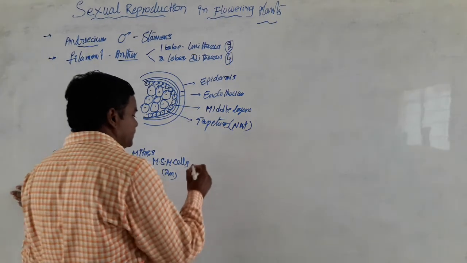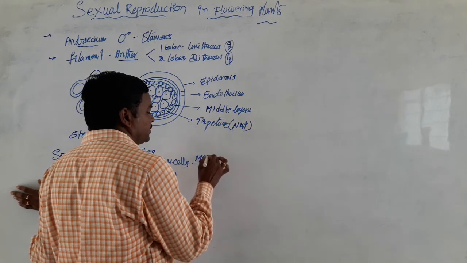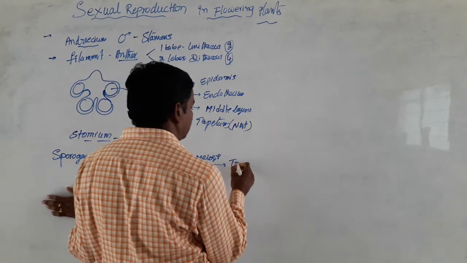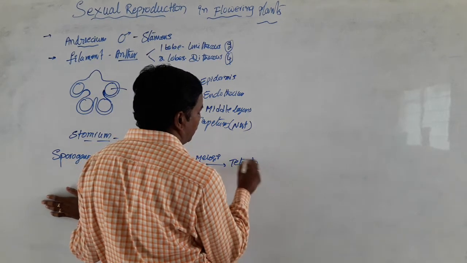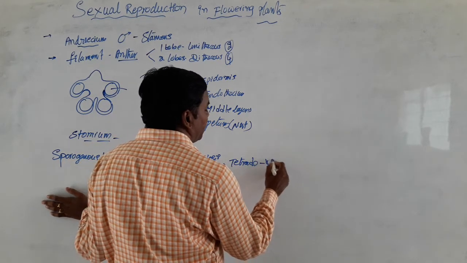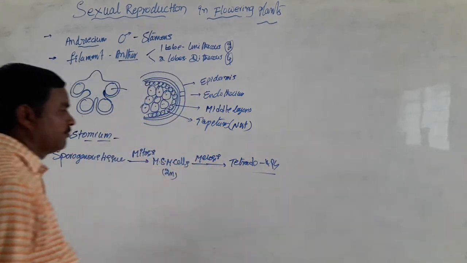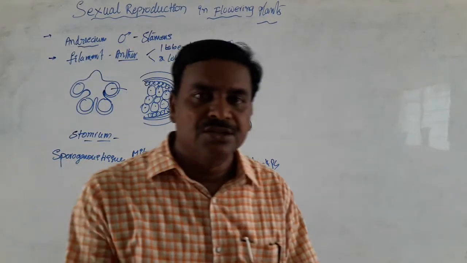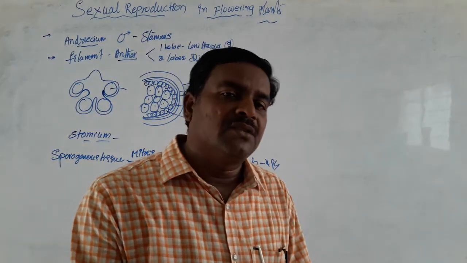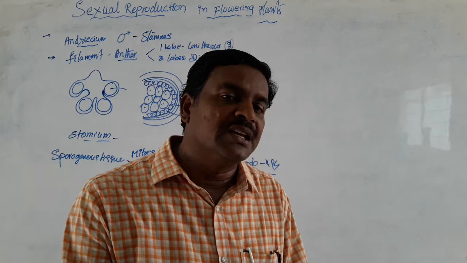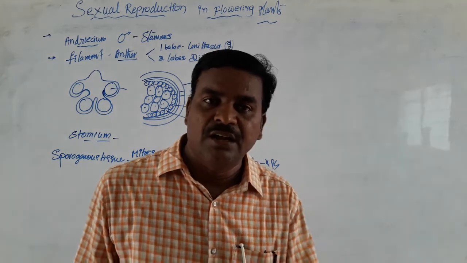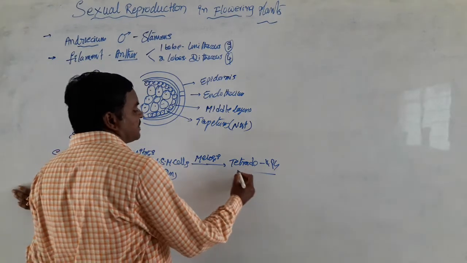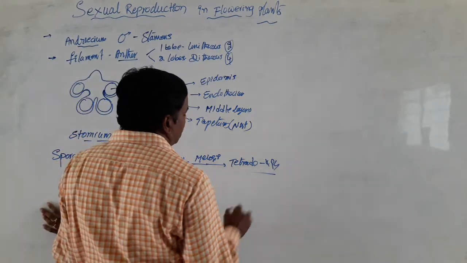Now microspore mother cells divide by meiosis, leading to the formation of a tetrad. This tetrad is represented by 4 pollen grains. In this way, every microspore mother cell present inside the sporogenous tissue divides by meiosis, leading to the formation of one tetrad consisting of total 4 haploid pollen grains. Always the number of pollen grains is equal to the number of mother cells